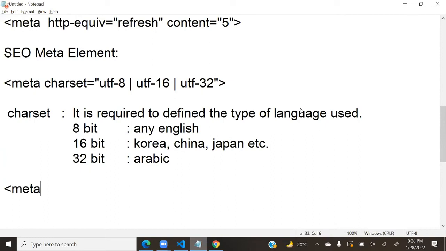Meta has another option, meta name keywords, and content is equal to the keywords used to search your content. Keywords define how people can search for you.